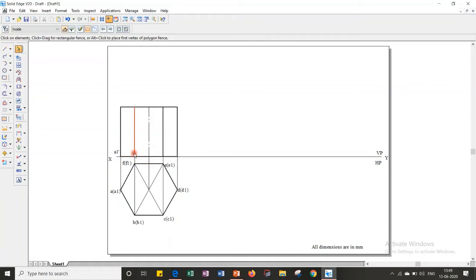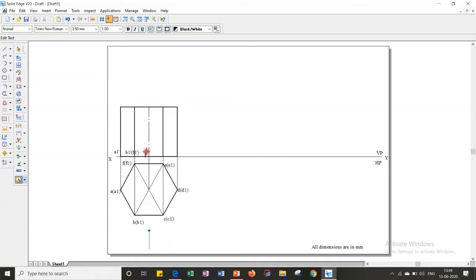Next, this point, along this line I am having B1 and F1 points. Because this is the base corner, this point corresponds to F1 and B1. Out of F1 and B1, the observer is located here. Therefore, B1 is nearer to the observer, a visible point, and F1 is away from the observer, a hidden point. Hidden points I will write inside brackets. So this point will be B1 dash outside bracket and inside bracket F1 dash.